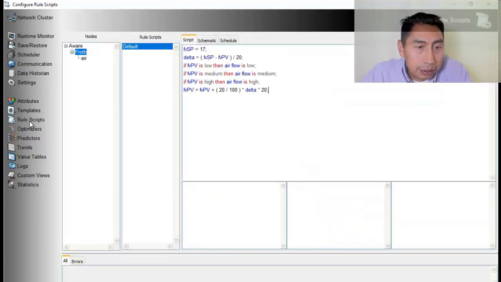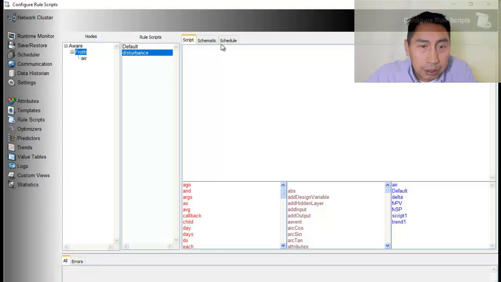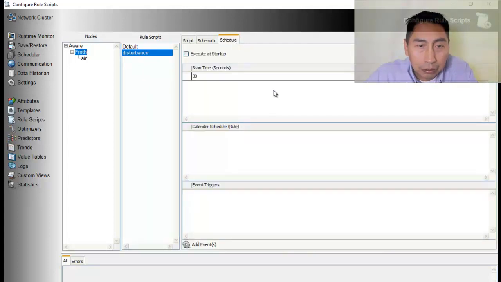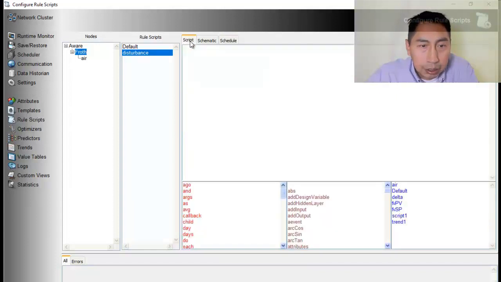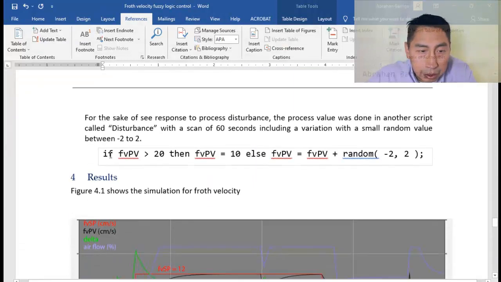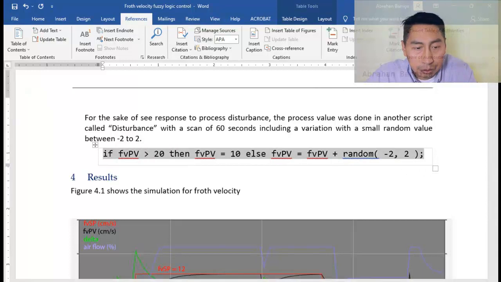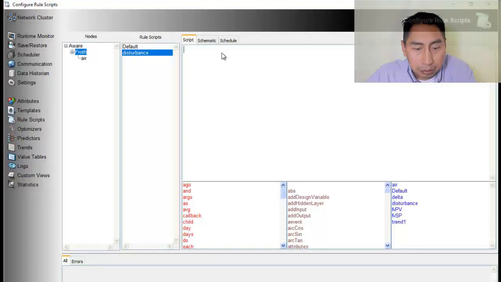So let's enter another disturbance. So I will add a rule, call it disturbance, and this disturbance I will schedule to 60 seconds, and in the script I will just copy the disturbance I prepared. So the disturbance, basically what it will do